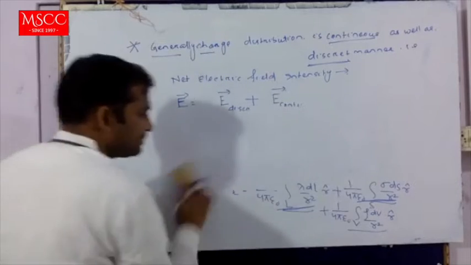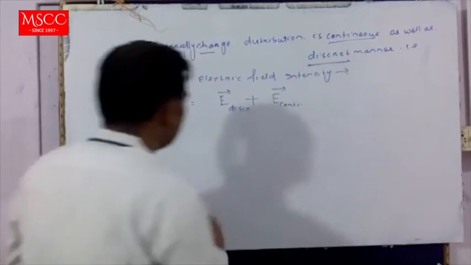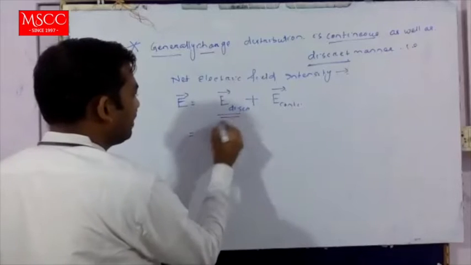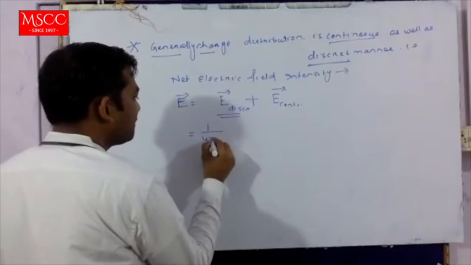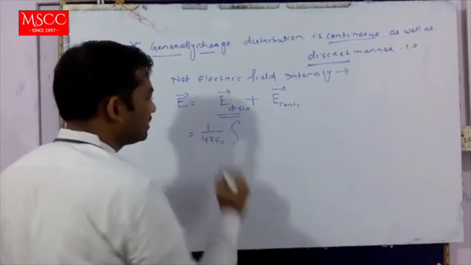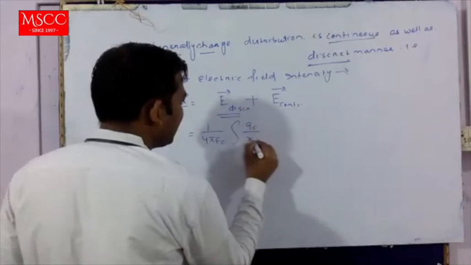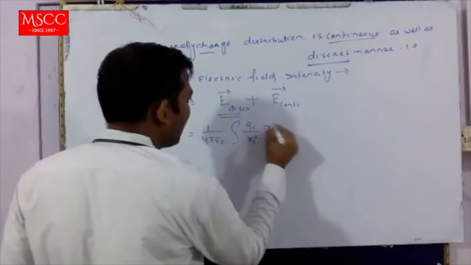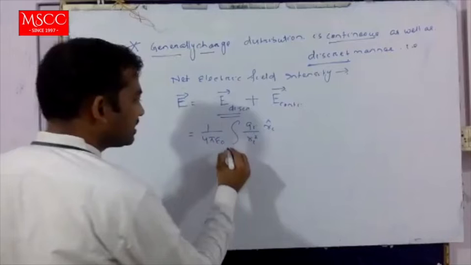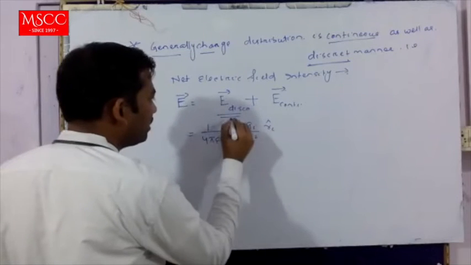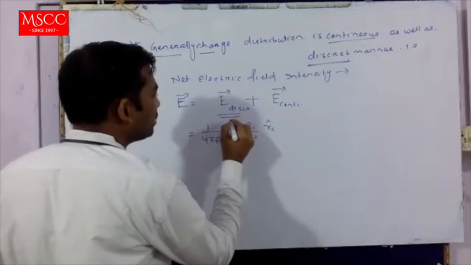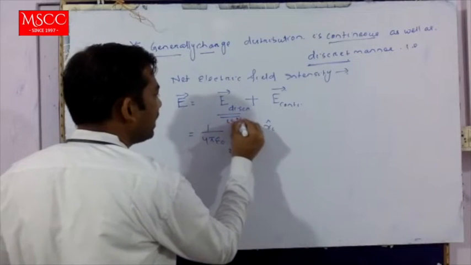That is, discrete manner: 1 by 4 pi epsilon naught summation of qi by ri square ri cap, where i equals 1 to n,